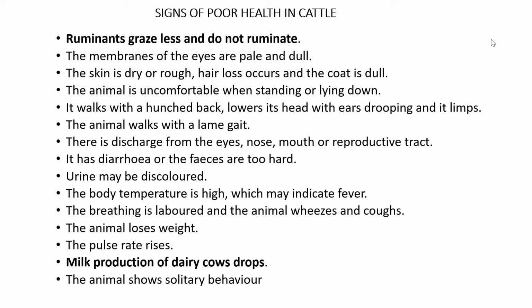Okay, so some other things I also say is sometimes the animal, if it walks with a lame gait means the animal has maybe a broken leg or a sore leg, so it hobbles or limps. There's something wrong with the way the animal is moving, so that's what they mean with gait. There's also a discharge from the mouth and the nose and so on. Something's wrong with the urine, the feces. The animal has a fever.